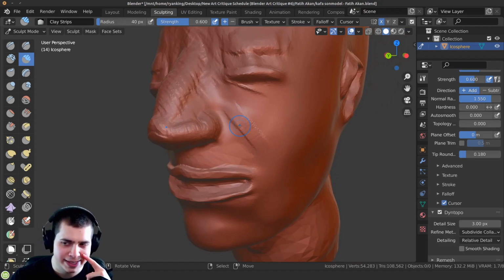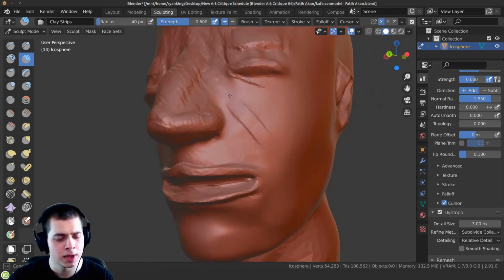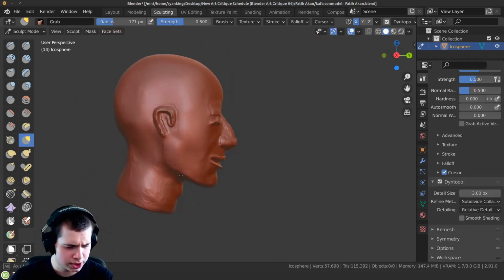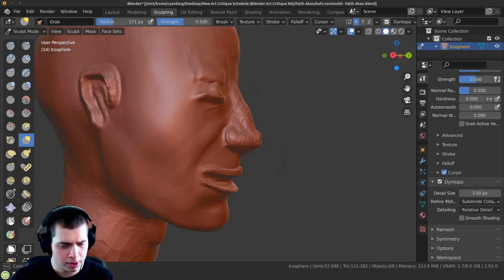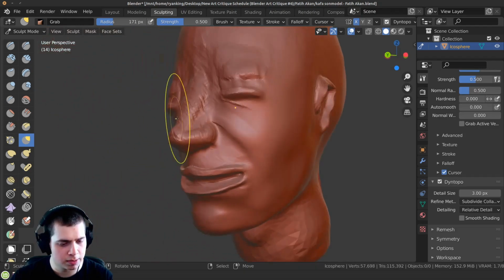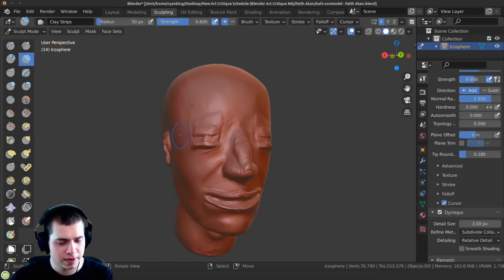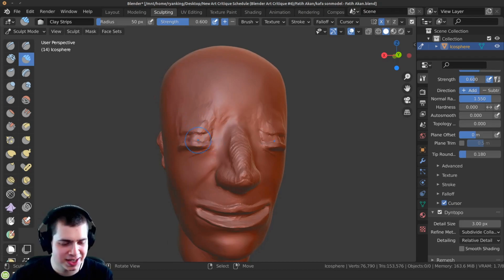And then also to make the cheek come down around, especially when you smile, there's a little crease there. I'm just going to go along here and make a subtle crease there and smooth it out a bit. Also, the nose just does feel a little bit big. So I'm going to use the grab brush to bring the whole thing in and make it a bit smaller.